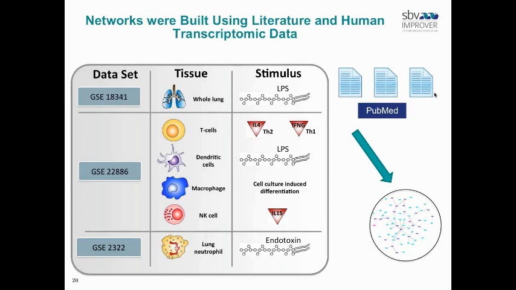These data sets are publicly available, and they represent physiological and pathological conditions relevant to COPD, perturbation of tissues relevant to lung physiology. We had a data set, for example, a transcriptional profiling data set of whole lungs treated with LPS. We had T cells, dendritic cells, macrophages, NK cells treated with cytokines like IL-4, interferon gamma, LPS, IL-15,